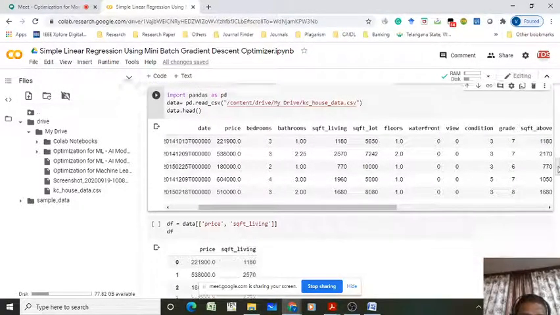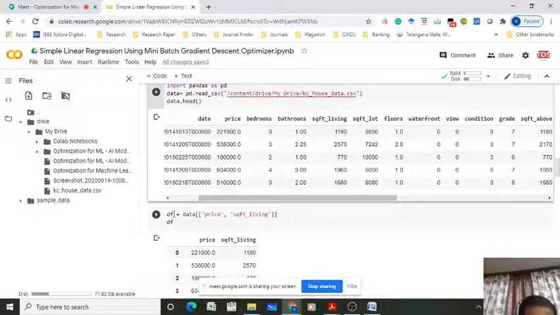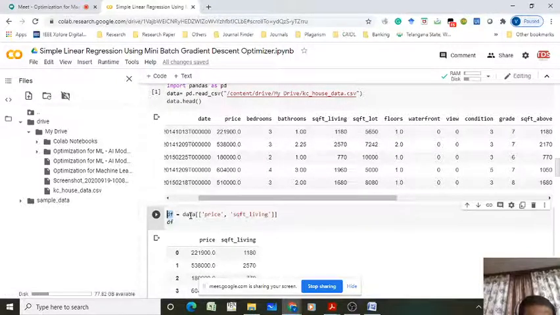To do that, I am creating a variable df that is equal to data. From this data you have to take the price column and also the square feet living column. Take these two and feed them to the df variable. Now df is a data frame which contains only two columns. I will run this cell.